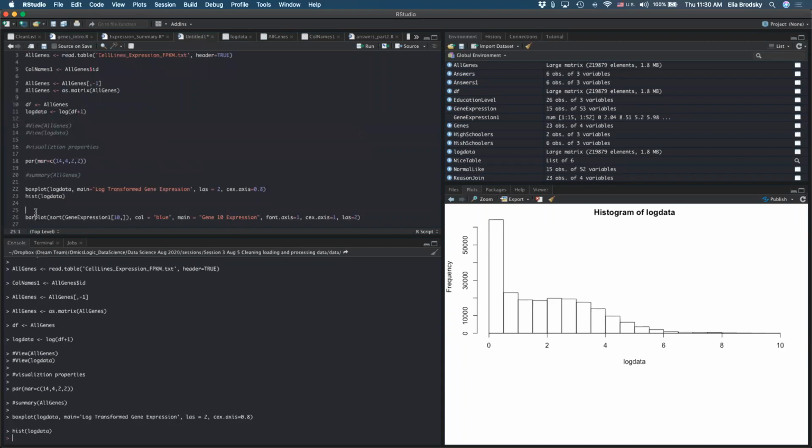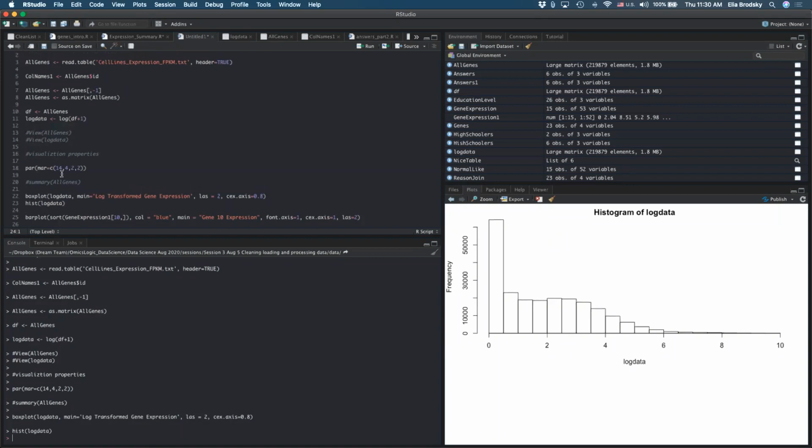So for example, if I have this bar plot that I want to create, I already have my data frame, right? So if I just keep this as data frame, and then instead of gene expression 1, this is going to be my DF, or actually this is going to be log data, sorry. So log data.